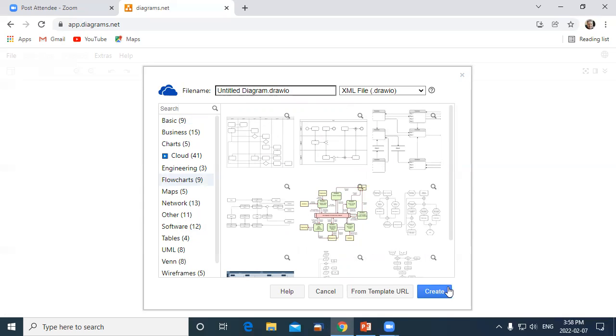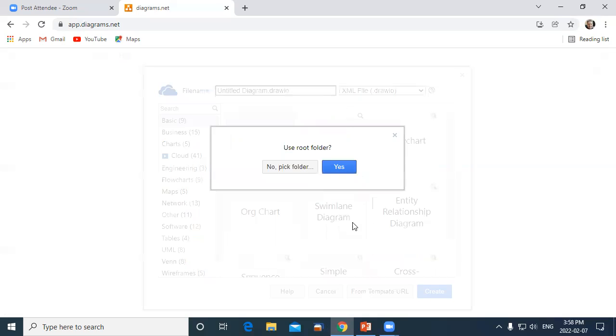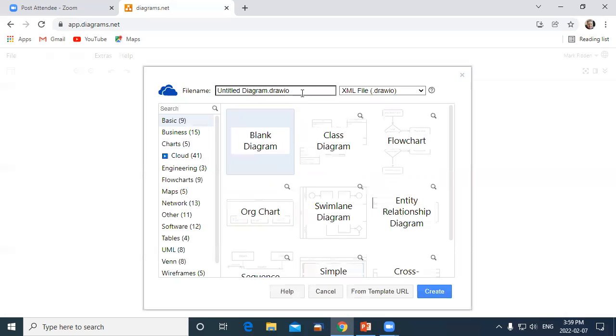Let me close that again and create a new diagram. I'm going to do a blank diagram. I'm going to choose a blank diagram because, as I said, at this point, this is because I've already created an account. If you haven't created an account, there are a few more steps, but those shouldn't be too hard. It's just, use your Google account or whatever. So this one is asking me, because when I create a